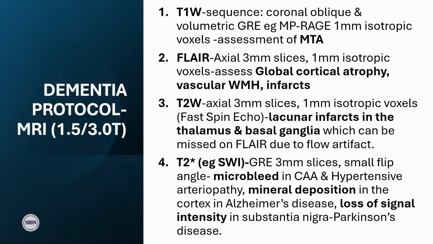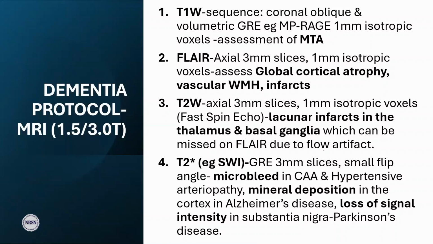Now, FLAIR images, axial 3 mm slices, 1 mm isotropic voxels are used to assess global cortical atrophy, vascular white matter hyperintensities, as well as infarct. T2 weighted axial 3 mm slice thickness, 1 mm isotropic voxels, fast spin echo are used to assess lacunar infarcts in the thalamus and basal ganglia, because on FLAIR, you can actually miss out on lacunar infarct in the thalamus